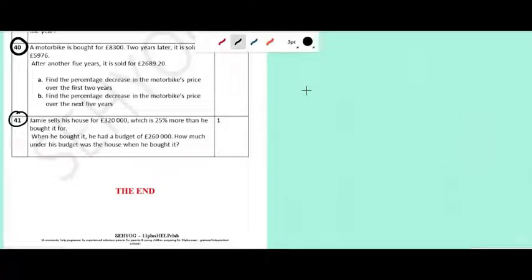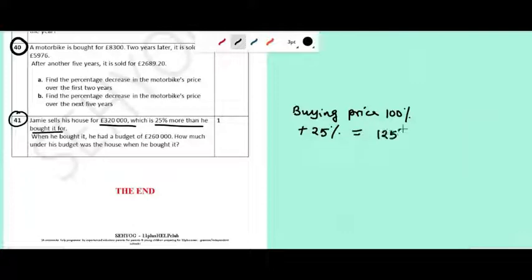So let us look at some sums from fractions, decimals and percent. We will start with number 41, where Jamie is selling a house for 320,000. That is 25% more than the buying price. So we have to take the buying price as the 100%, and as a result a 25% increase over that gives you 125% of the buying price. So this is the selling price